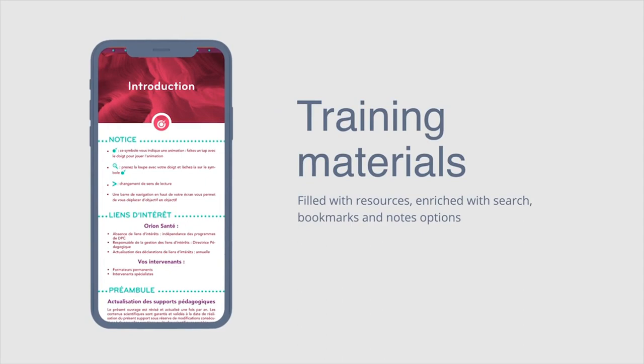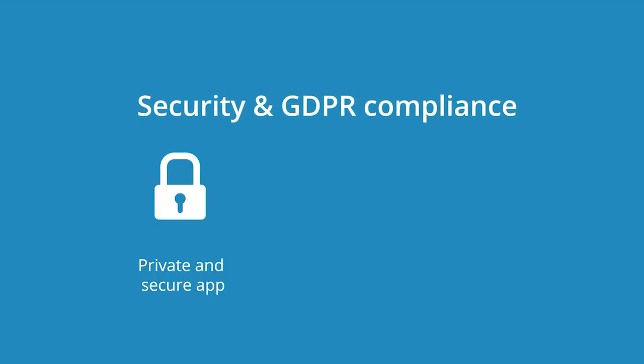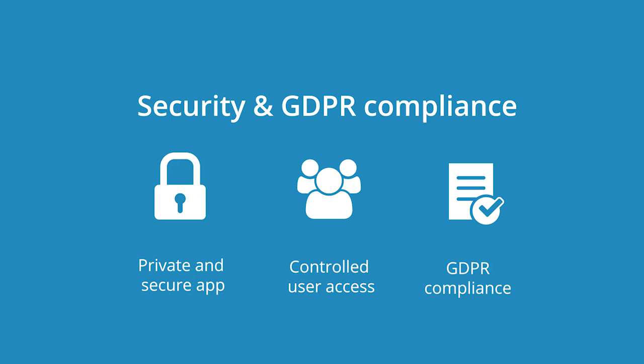All our apps can be public or private. You can distribute them through the main worldwide stores like the iTunes store, Google Play Store, Amazon stores, and many others in the world, including in China, and an enterprise app store if you want a private dissemination. Your app is fully secured. You can manage and control the user access, as we said before, and all the content is encrypted. We are also GDPR compliant, so your apps built with our tools can be compliant too.